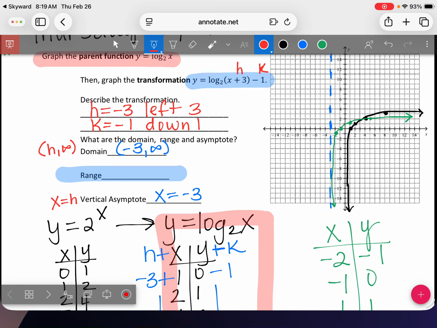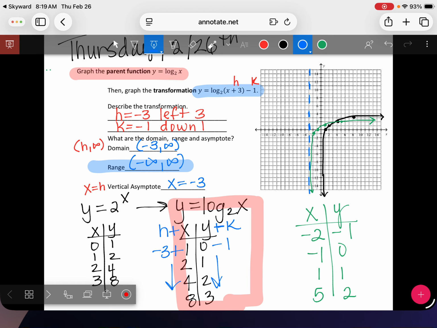The range will be all real numbers. So make sure you keep this sheet of paper. You can use it when you do your skills check